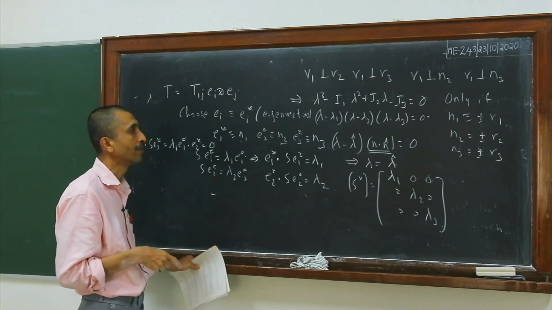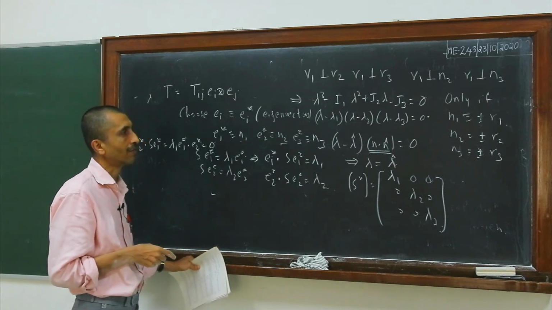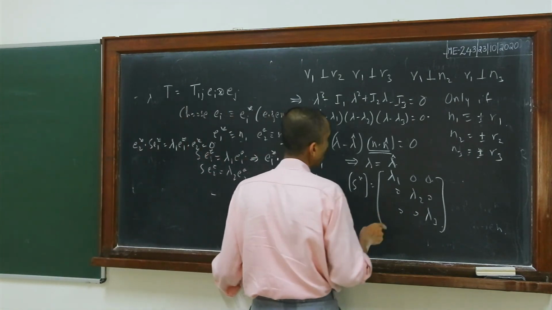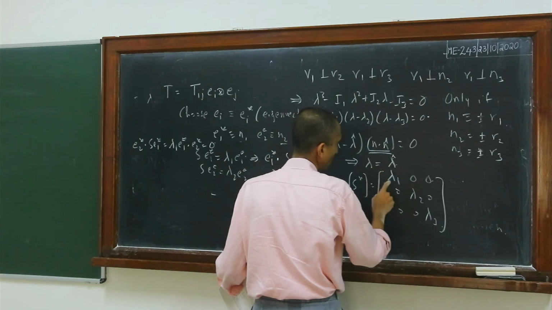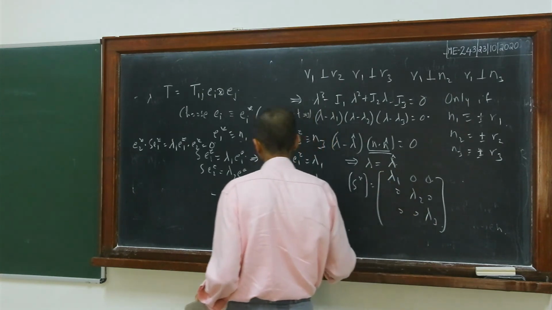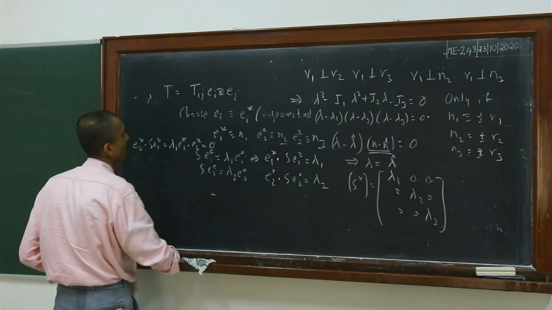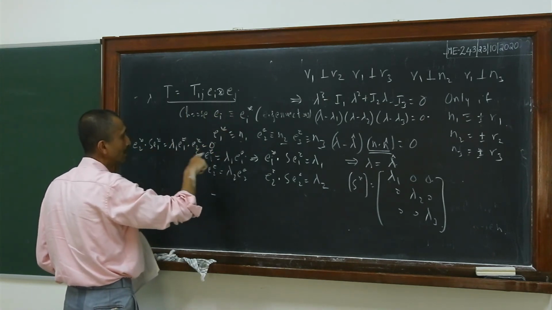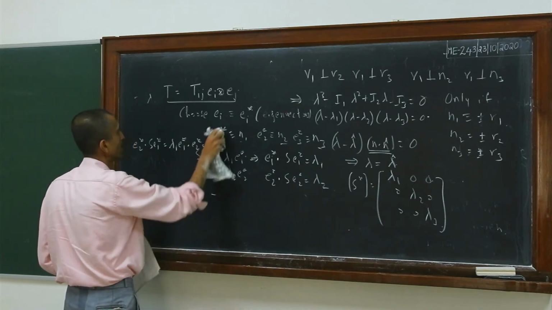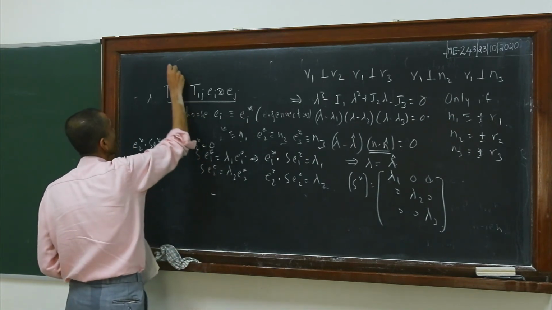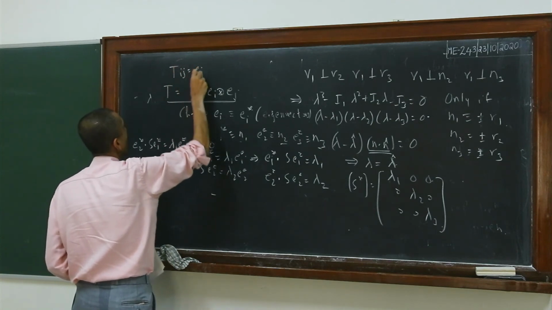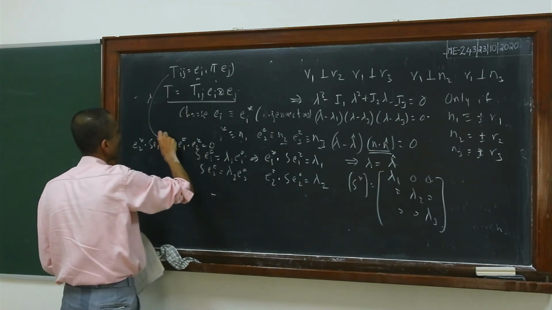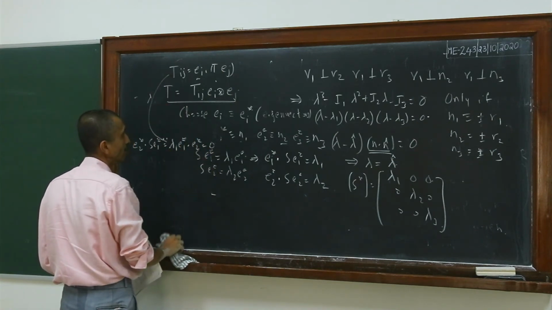The principal frame is basically the frame which is aligned along the eigenvectors of S, and in that basis your set of components is a diagonal matrix as written here, right? So here basically I am using the fact that Tij is Ei dot Tej. I am using this to find the components here. So that is how I found out the individual components.